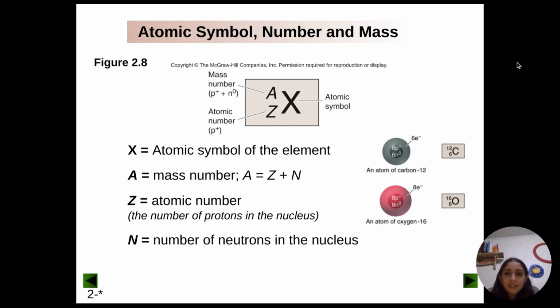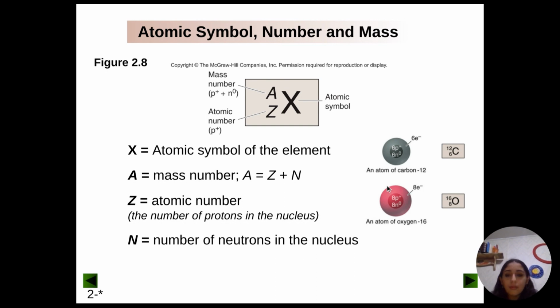Today I'm going to be presenting the atomic symbol, number, and mass. So here's the X, and we're going to be starting off with that. X is our atomic symbol. Here you see it's O, that means that it's an atom of oxygen. Here it's C, so it's an atom of carbon. So whatever one to two letters are on it on the periodic table are what is going to be there